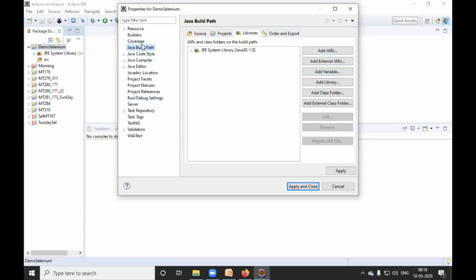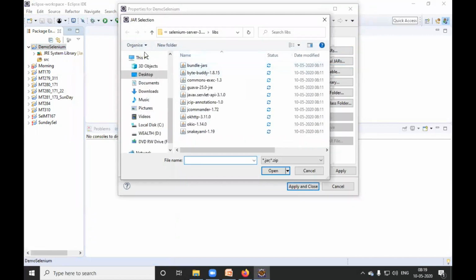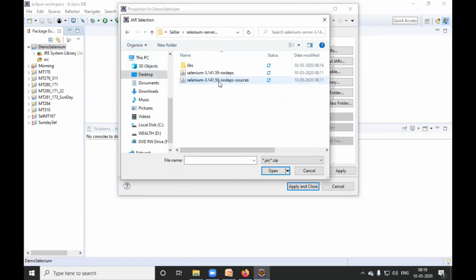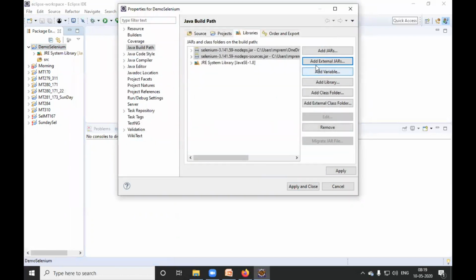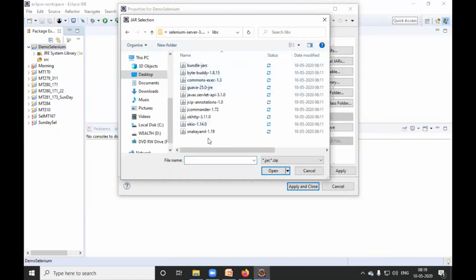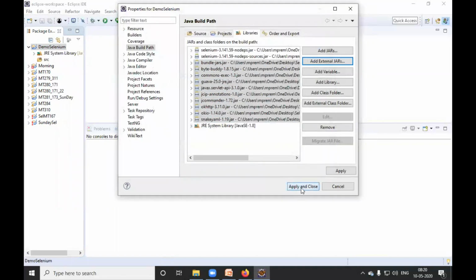Make sure in Java Build Path, where 4 tabs are available, Libraries is selected. Click on Add External JAR. On the desktop there is a Selenium jars folder available. Inside this there is Selenium server 3.141. Go inside, select these 2 jars and click on Add External JAR once more, go inside libs, select all the jars, click on Open, and Apply and Close.